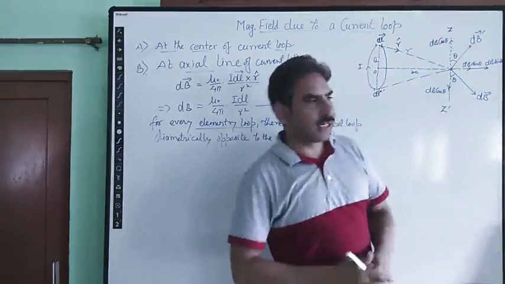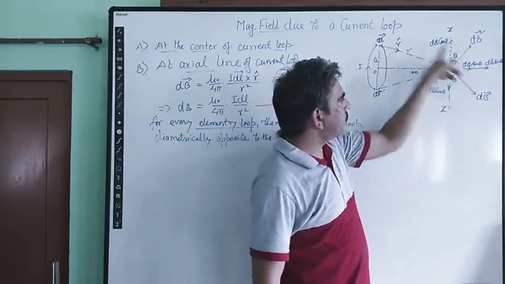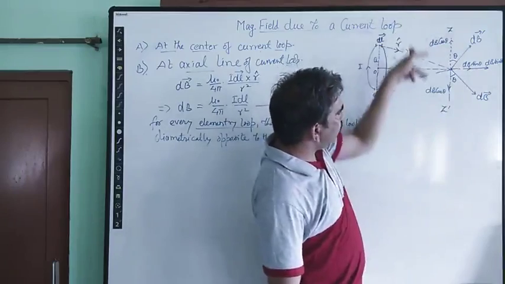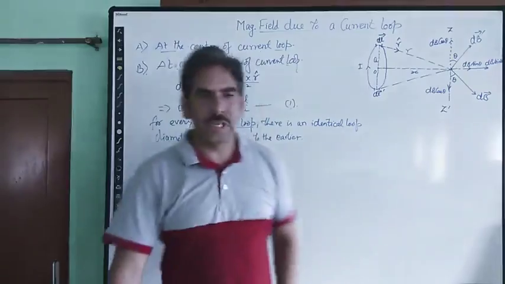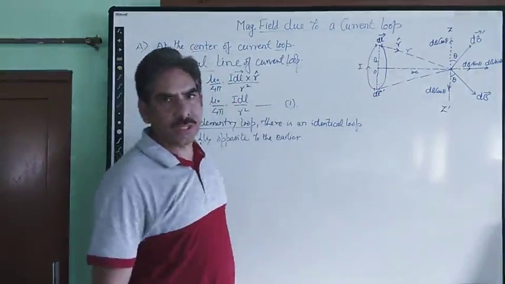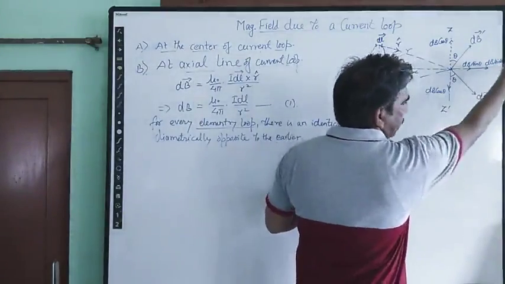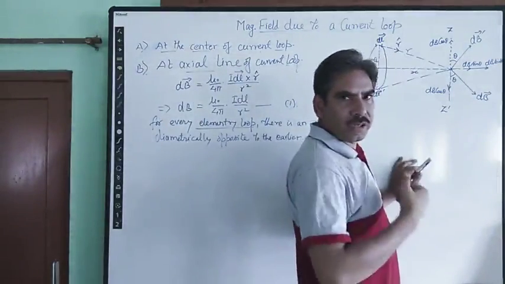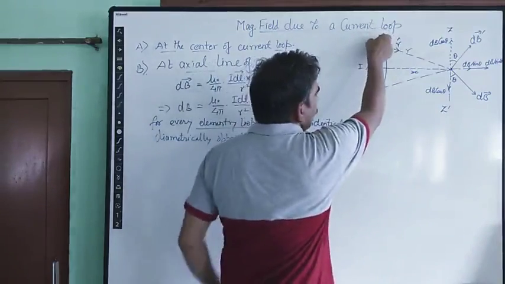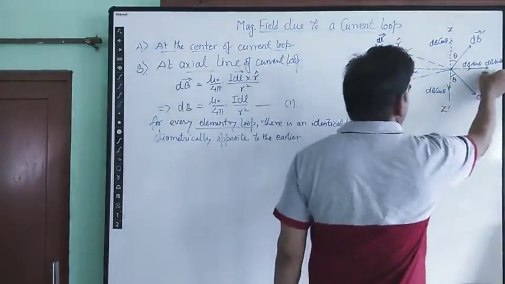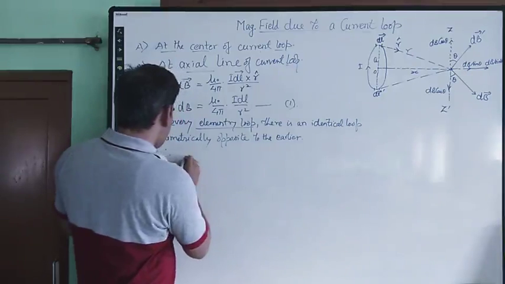So from here we understand that the magnetic field due to the two length elements can be resolved into components just like this. These two vertical components, which are diametrically opposite, are the same in magnitude and opposite in direction, so they cancel out the effect of each other. The only effective components are along the x direction, the x axis. So each and every element will have only this much component of the magnetic field at point P.